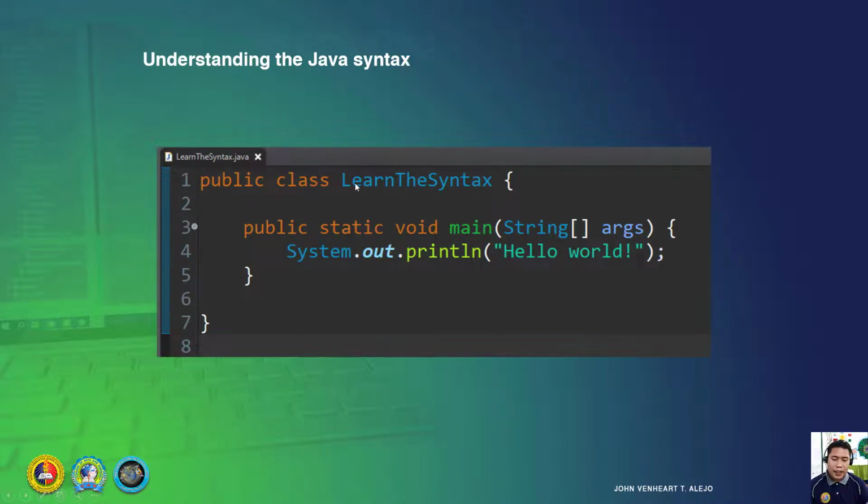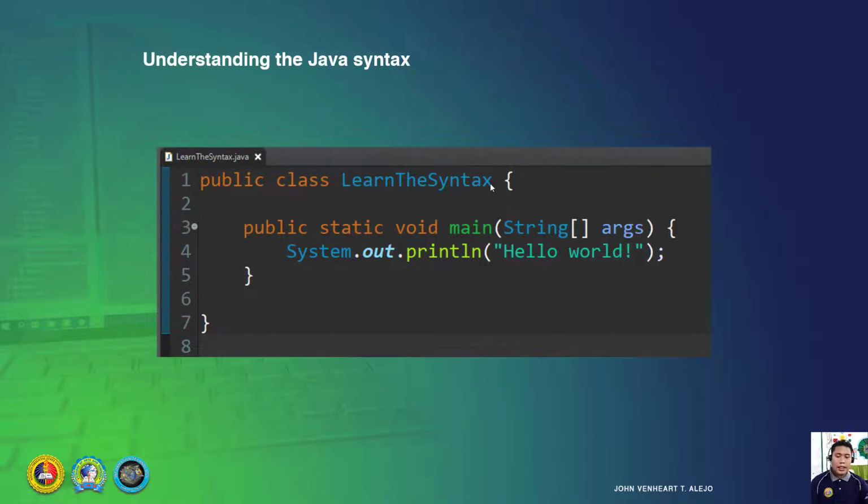Public class learn syntax. Because this one is what we call access modifier, class declaration, and the class name. Tulo na siya ka things to remember. So please take note that this is what we call access modifier, class declaration, and class name.